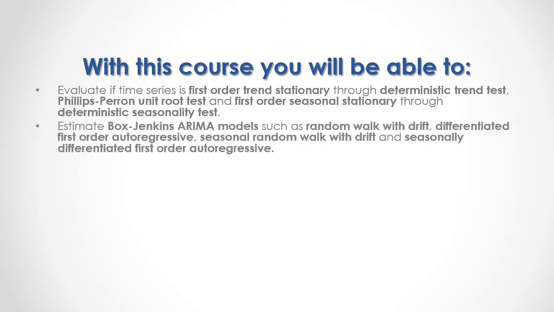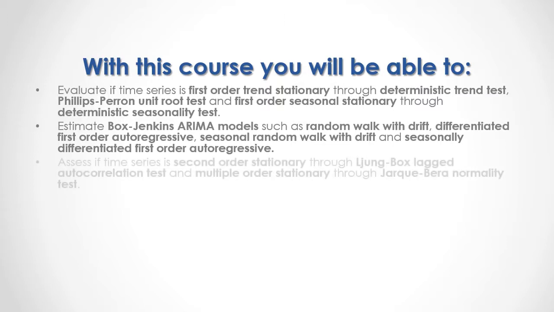Estimate Box-Jenkins ARIMA models such as random walk with drift, differentiated first-order autoregressive, seasonal random walk with drift, and seasonally differentiated first-order autoregressive. Assess if a time series is second-order stationary through Ljung-Box lagged autocorrelation test and multiple-order stationary through Jarque-Bera normality